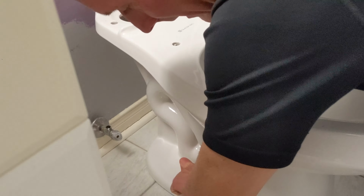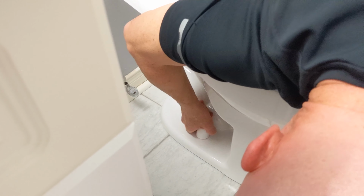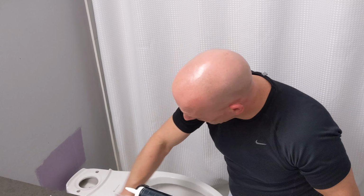Once the toilet's tightened, you're just going to use these white caps just to give it a better look. It's a better presentation, covering up the nut and the bolt. So I'm just going to click that into place, and that should be fine. Okay, like so. Now, before I install the tank onto the toilet, since I have a little more room to work with,